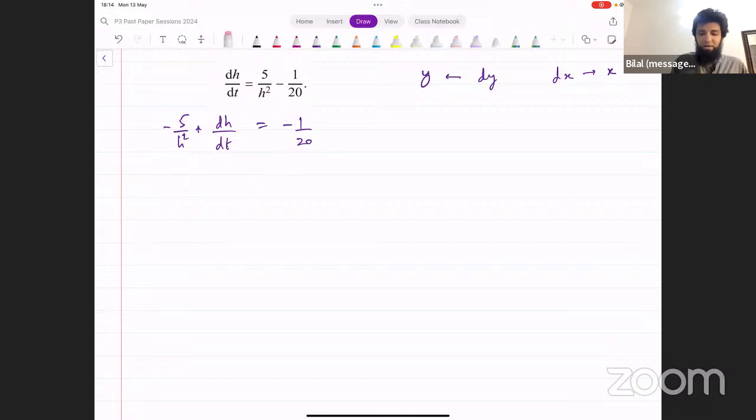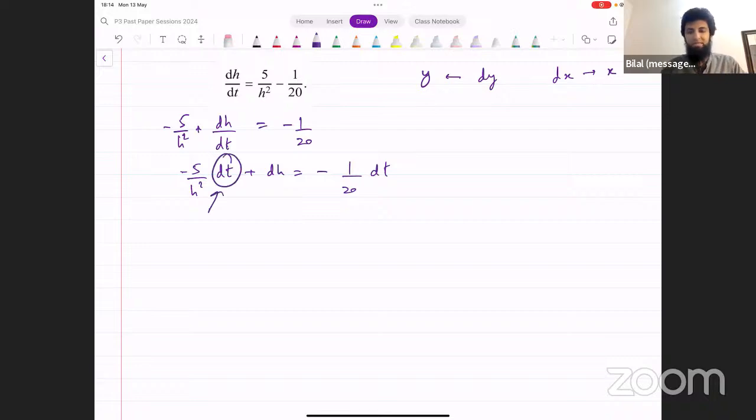And if it gets multiplied there, then there's more confusion, because when you multiply dt with everything here, it becomes minus 5 over h squared into dt plus dh, and then minus 1 over 20 into dt. And now you have dt here as well. What do we do with this? So they end up messing up things like this. Okay. What you have to do is,